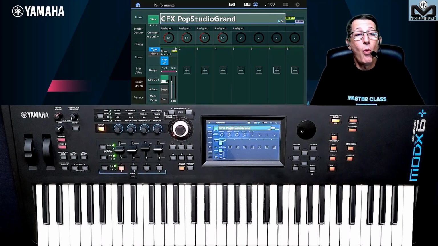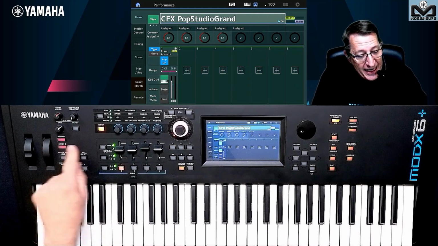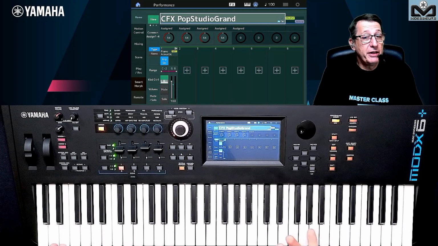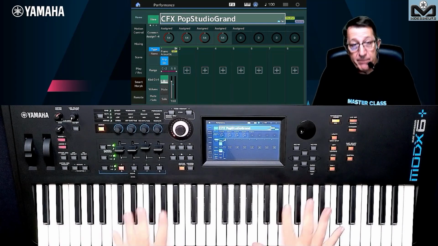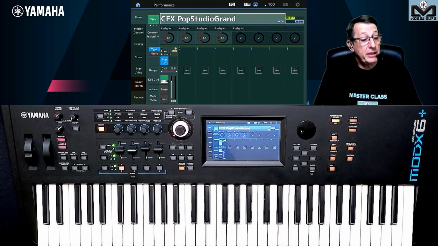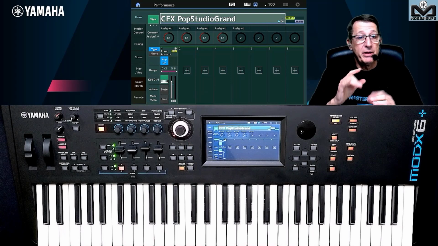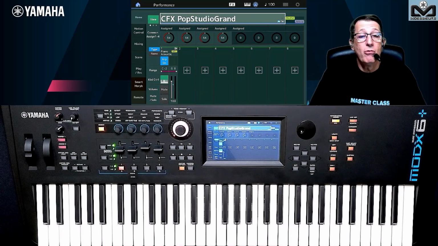So what can we do with AD input? You can connect a microphone, for example, if you want to sing while playing your keyboard. You can connect a microphone to record a guitarist with an acoustic guitar or a woodwind player, for example.